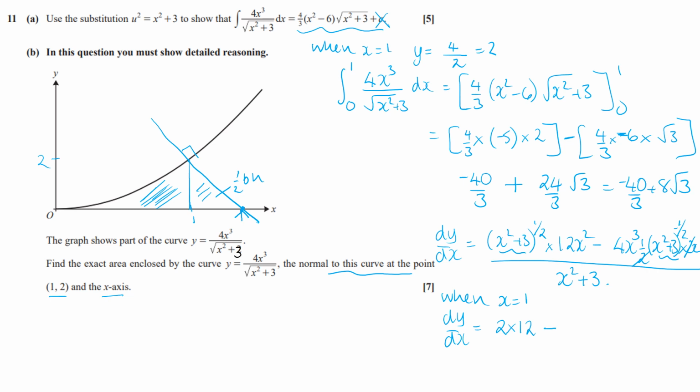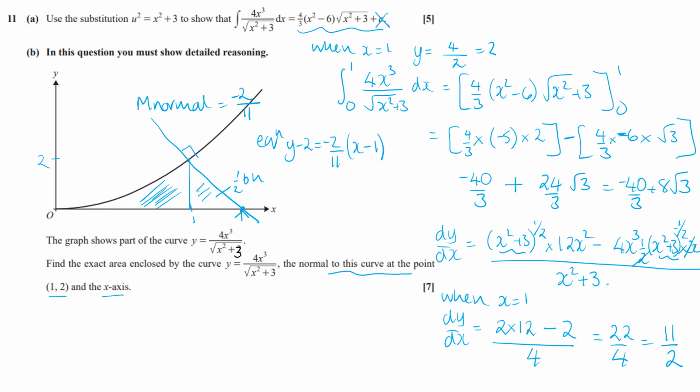Square root of 4 is 2, and 1 over that will be a half, and that will be times by this half and get us 2, and it'll be all over 1 plus 3 is 4. So that's going to be 2 times 12, 24, minus 2, 22 over 4, which is 11 over 2. So the m of the normal will be minus 2 over 11. So we want the equation of the normal will be y minus 2 is equal to minus 2 11ths x